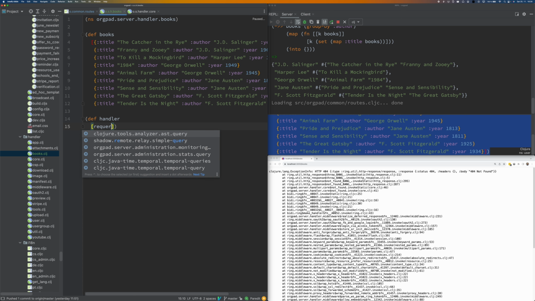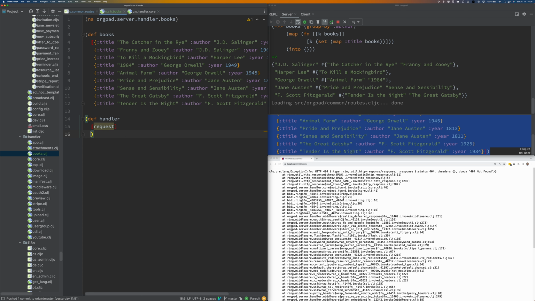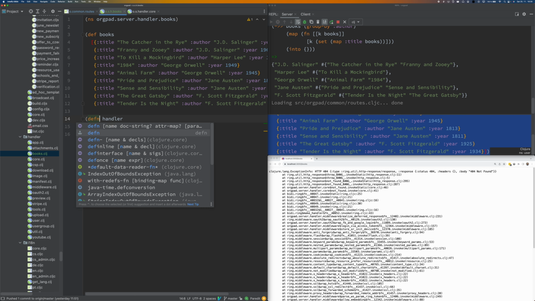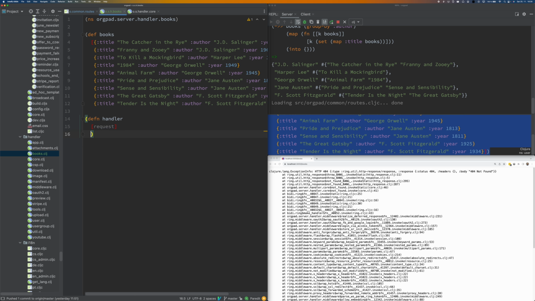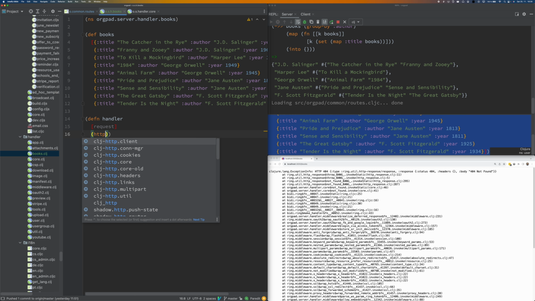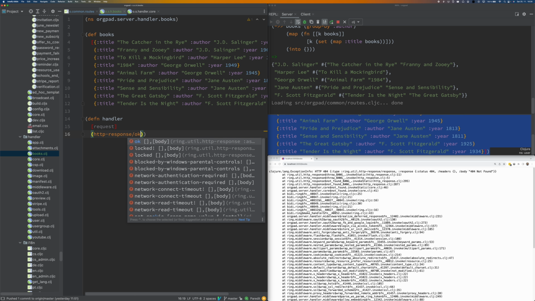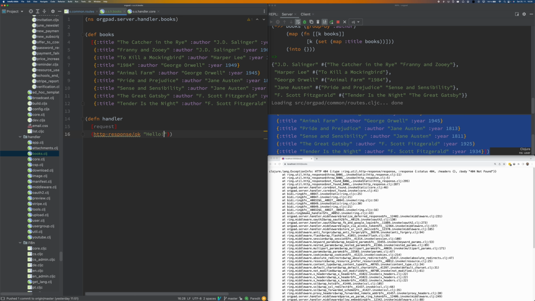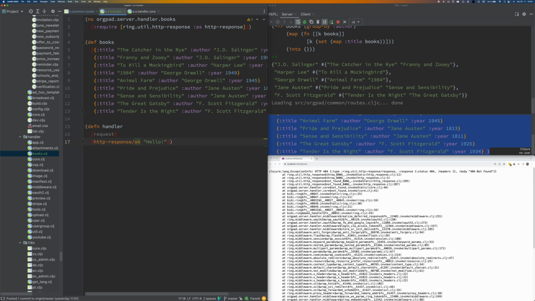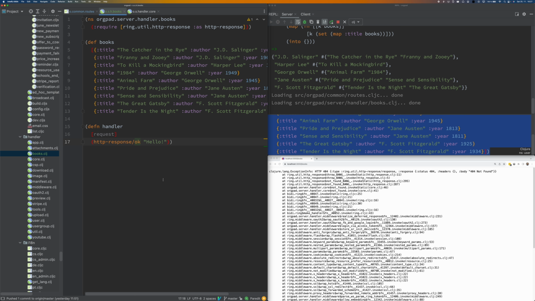The input is a request and the output will be just HTTP response /OK. Hello. Let's do a hello world here. Yeah, so like this. Let me now reload this file in REPL.